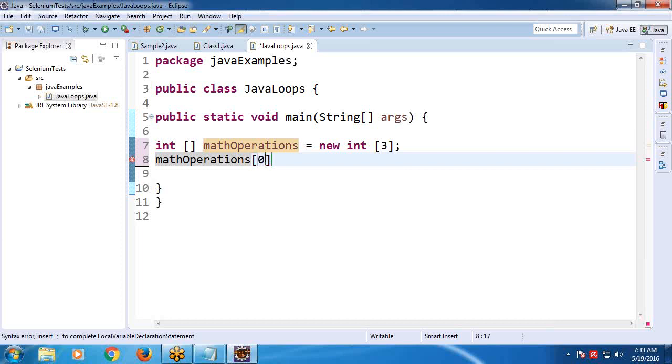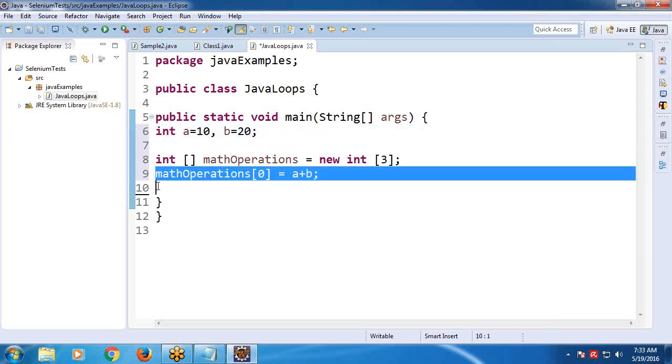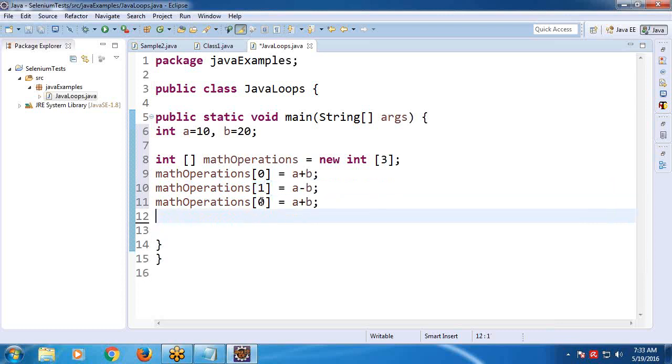See, first 0 equal to, for example, a plus b. What is a plus b? You declare two integer variables. Int a equal to some 10, comma b equal to 20, semicolon. Next, math operations of 1, a minus b. Next, 2,